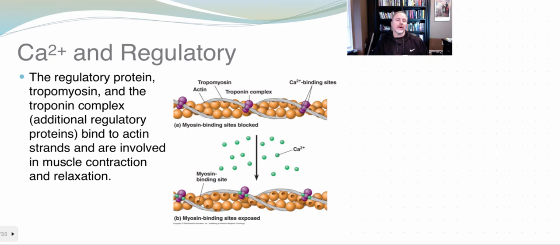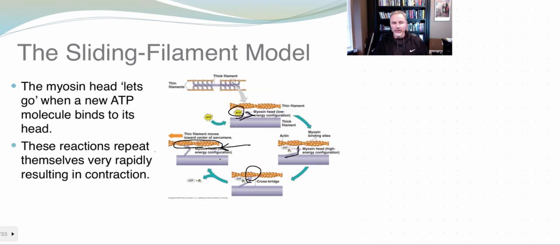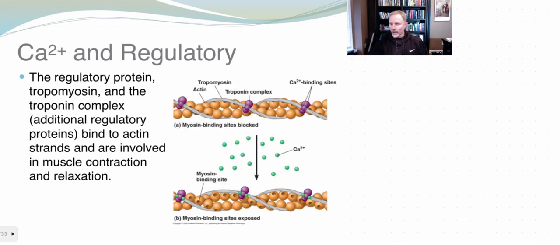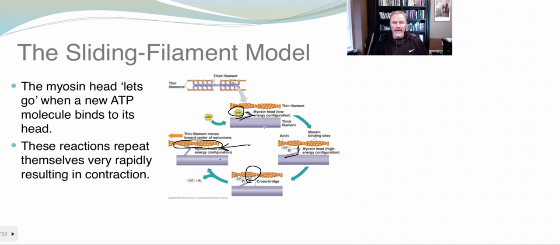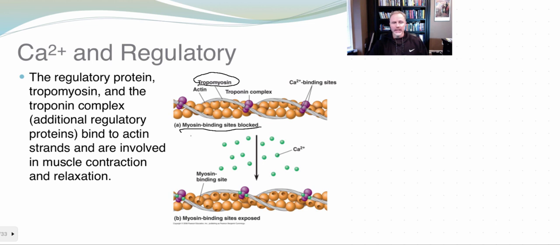Okay, so now if we look a little bit closer at the actin filaments here, you can't really see the tropomyosin. But here, this is the tropomyosin that we've been talking about, and that's that gray cable that's wrapped over the entire actin filament. And what it's doing is it's blocking the myosin binding sites. So when we back up here, you can see that the myosin is going to bind, for instance, once it gets into the high energy state, and then it cross-links or binds to that actin. Well, the myosin binding sites are blocked here, and then when we release calcium, and we'll put all of this together in a manner that you can understand in a second,